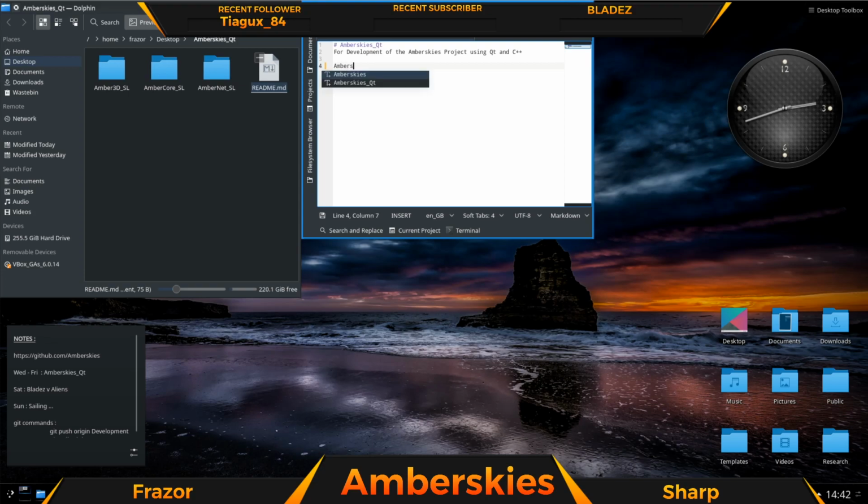Amber 3D underscore SL. Then we have Ambercore underscore SL. And this is really the beginning of,